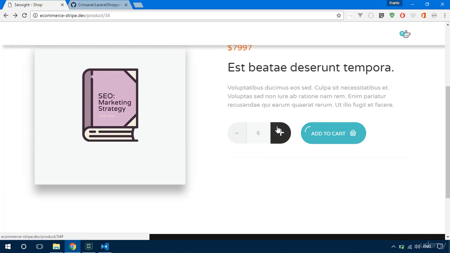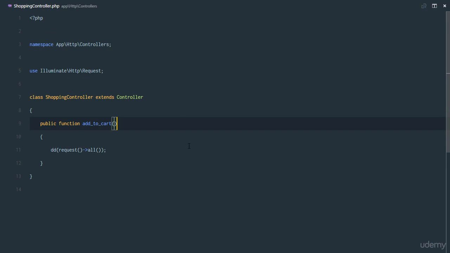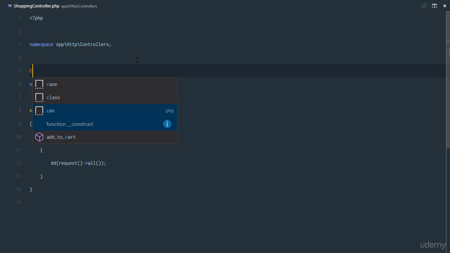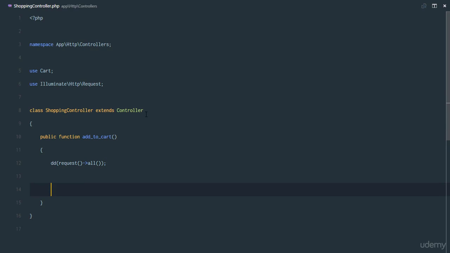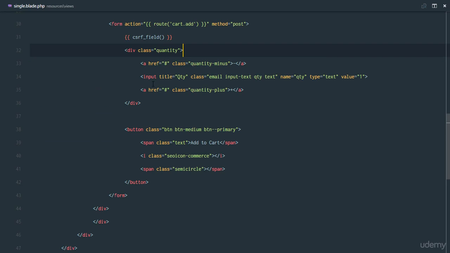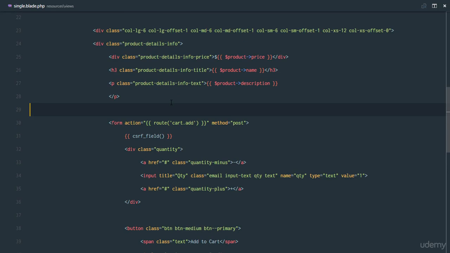If we increment this, add to cart, we have 10 as a quantity. So how are we going to be adding to our cart? We're going to use the cart facade that we registered in our app.php with the package we installed, and right here we need to add that product to cart, right? So meaning in our single.blade.php, we need to actually know the ID of the product so we can add it